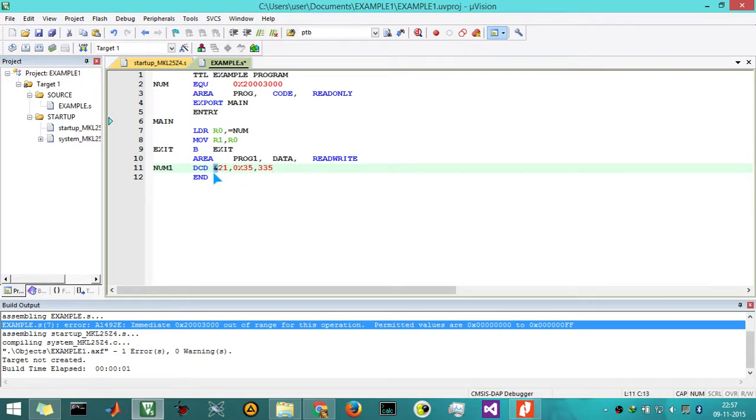Ampersand in front of a data makes it a hexadecimal number. Instead of 0x we can write ampersand, so that ampersand 21 will make the data look like 21h, and this 0x35 will make the data look like 35h, and this 335 will be the hexadecimal equivalent of 335.